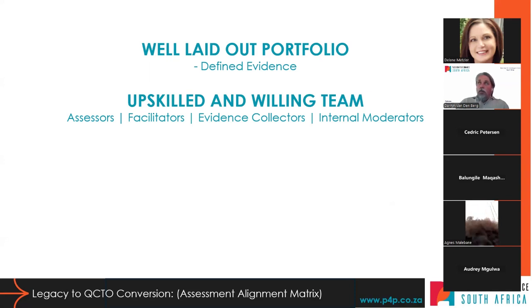Okay, so simply, your question is a kind of double question. The provider who gets accredited to offer the qualification designs the alignment matrix. Only them. They design the alignment matrix, and they design the portfolio of evidence requirements. Full stop. The learner's responsibility is to build evidence to prove that they can do the alignment matrix. So the learner doesn't necessarily need to see the alignment matrix unless you want to show them.